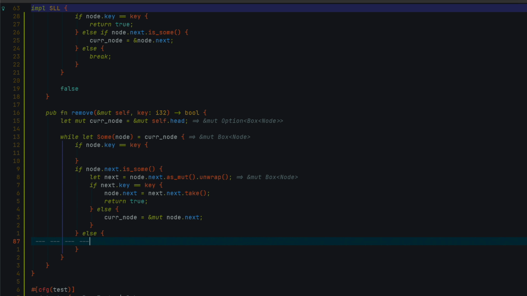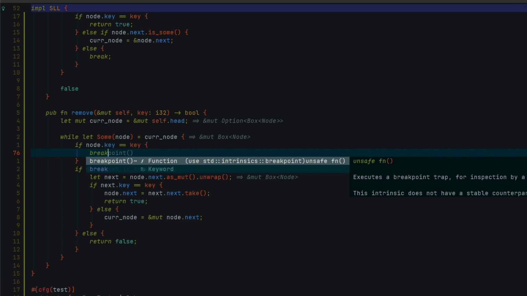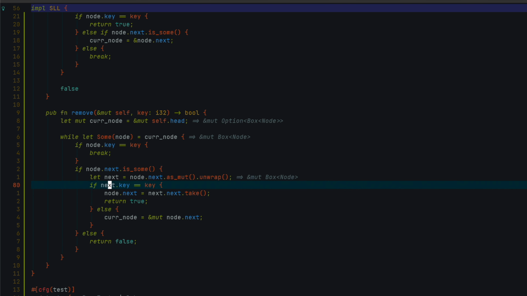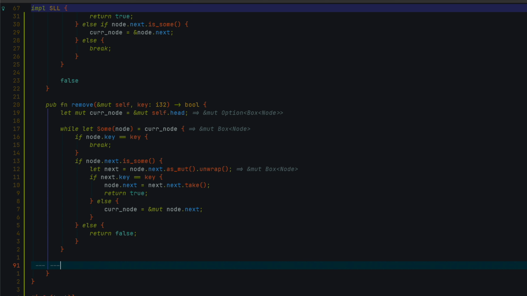Okay, so if we don't have a next node, we should return false. We've gone through the whole list and we didn't find the key, so in that case we should just return false, and here we should simply break. So once we break, in this case here, that means our head is